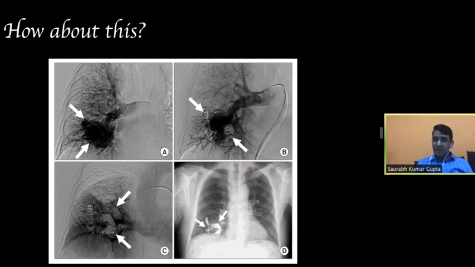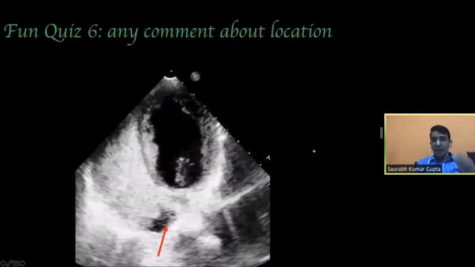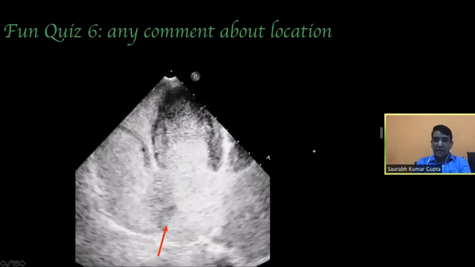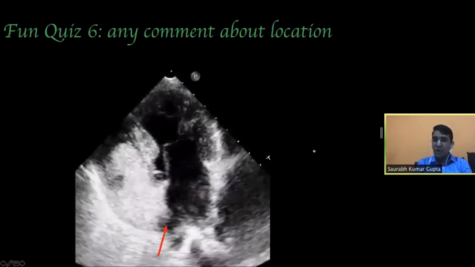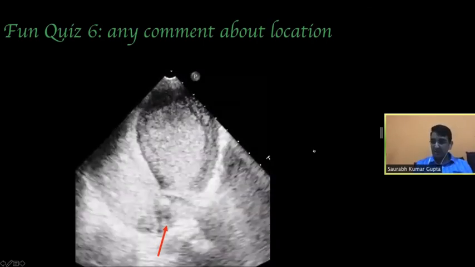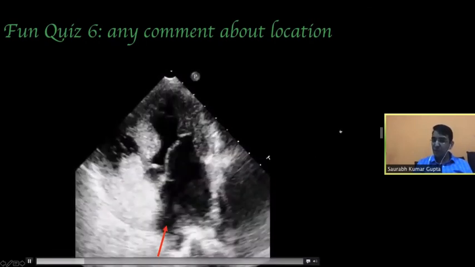How about this? This is surely a pulmonary AV fistula, but with so much dense filling that you have used almost a dozen coils to block this, and still there seems to be some filling of the arteriovenous malformation. Do you think that it will not cause a shunt which is torrential? So all these questions we'll answer, but before that, let me share with you what more can be deciphered from a saline contrast echocardiography of a patient with pulmonary AV fistula.